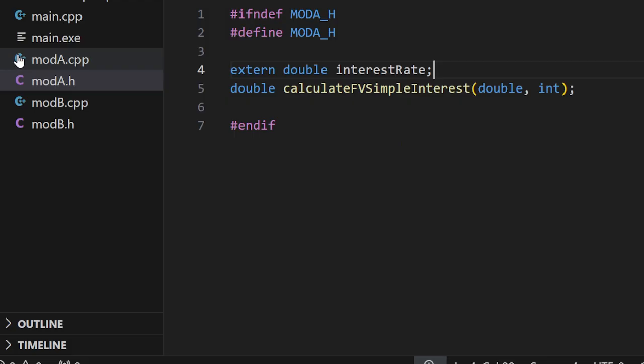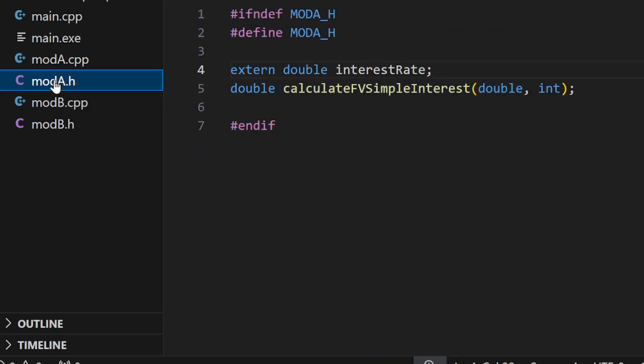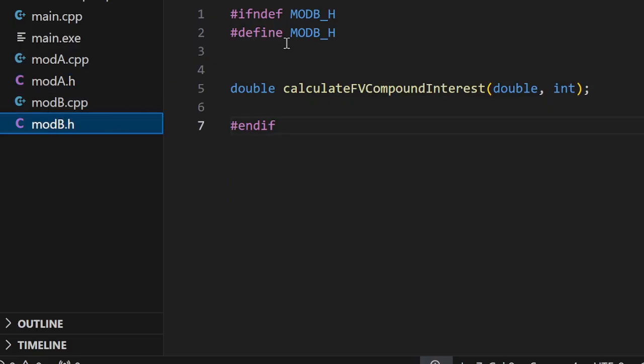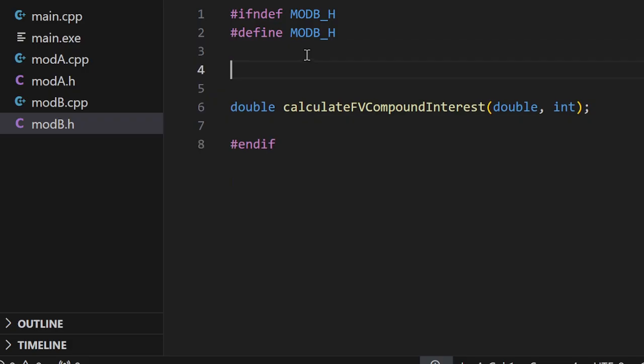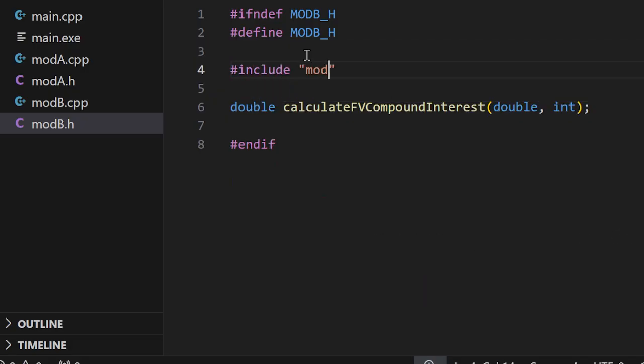This is a header file, because it is defined in the mod a.cpp, and then you include that external statement in the header file, so that you can include this mod a.h in this header file. So this inclusion will automatically bring in that external